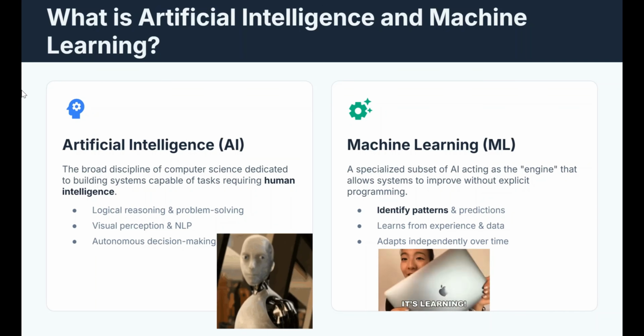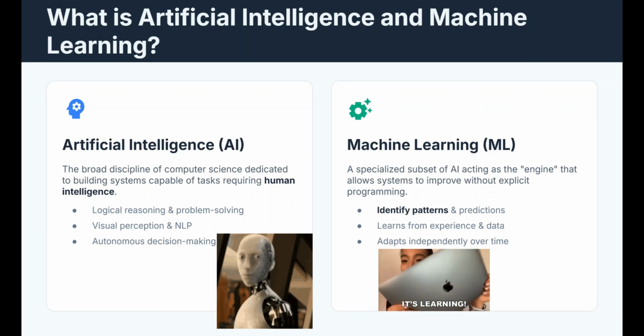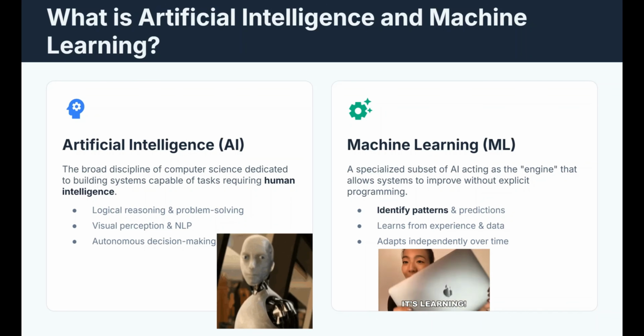a digital mimic of human cognitive functions, as seen in this GIF here, which, for those of you who do not know, is from a movie known as iRobot, which is actually about AI and some of the dangers of AI and what happens if AI gets too human-like without any checks put in place.